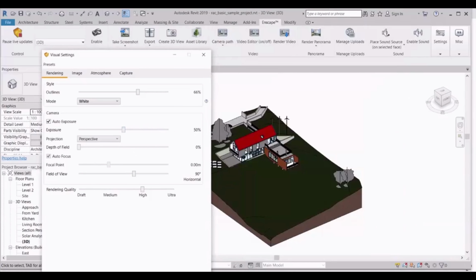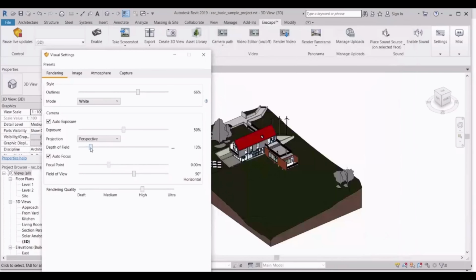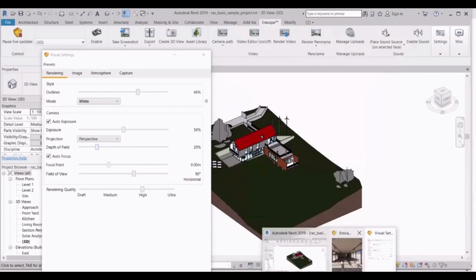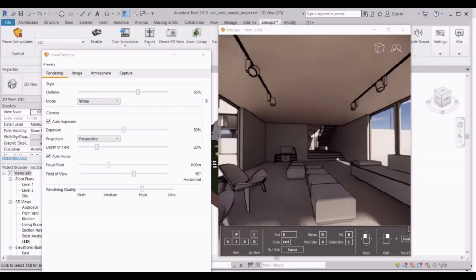And let me show you the depth of field. Depth of field means what is nearby the camera will be focused, and after that all other objects will be blurred. Now let me zoom in.